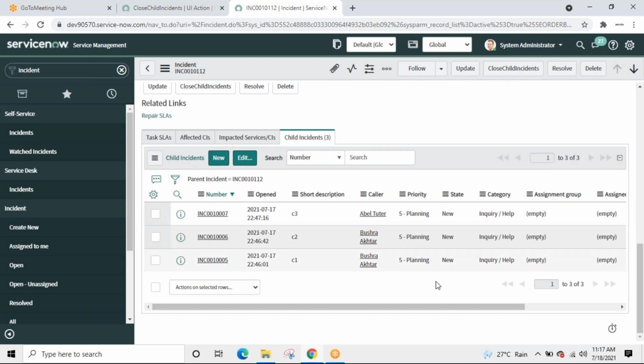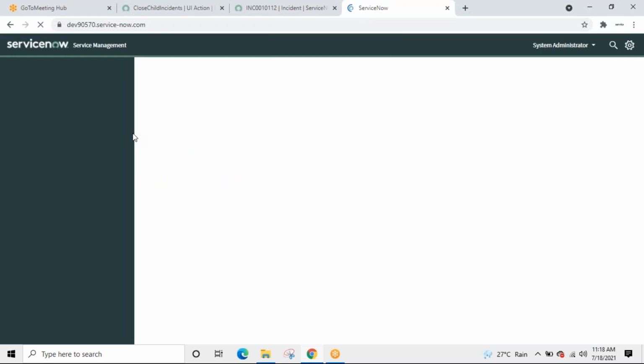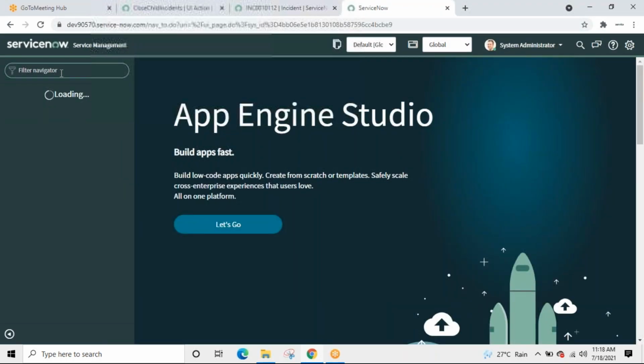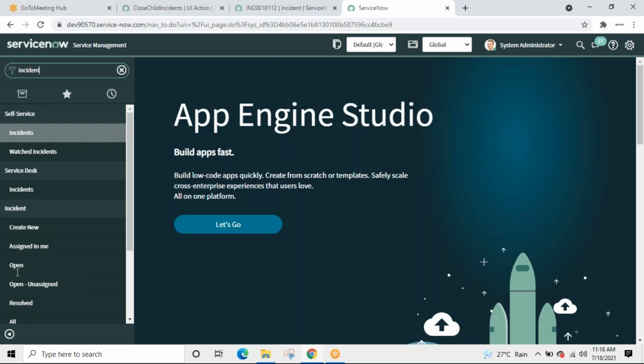On click of the button, these 3 should be closed without asking for any information, because we have fulfilled those things in the server script: close code and close notes. What are close code and close notes?